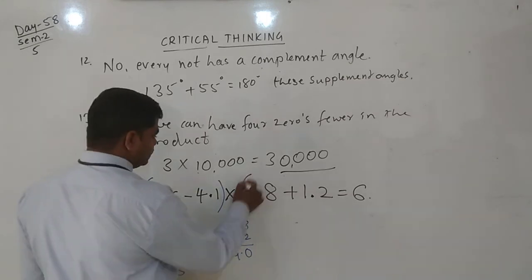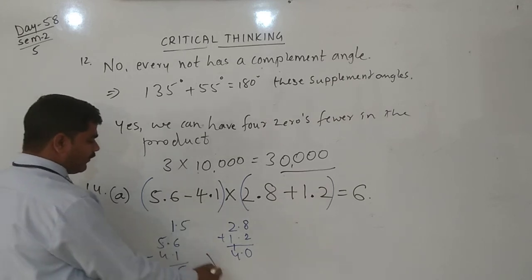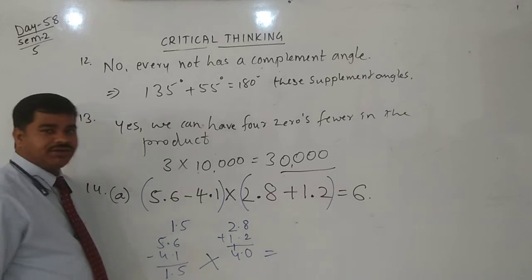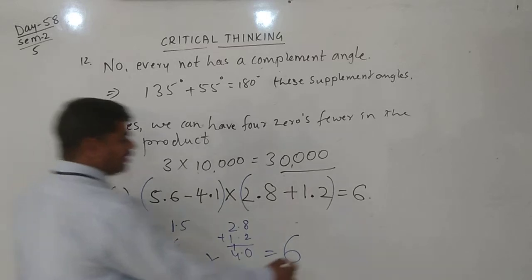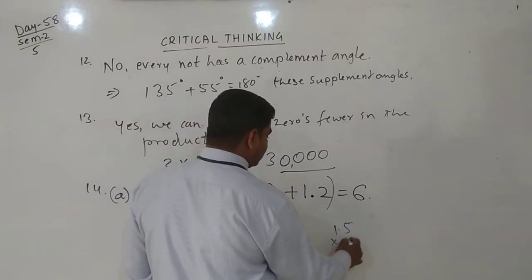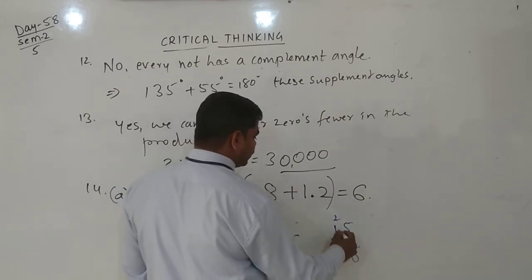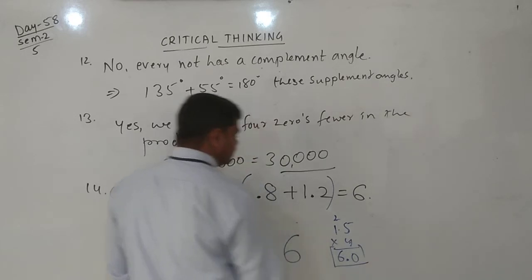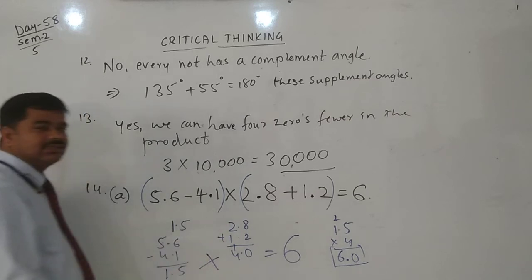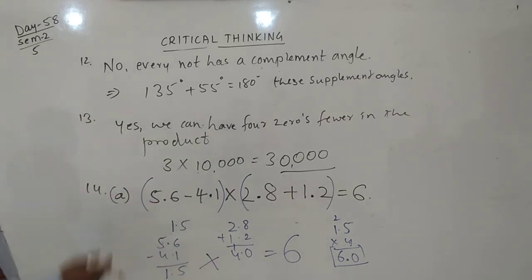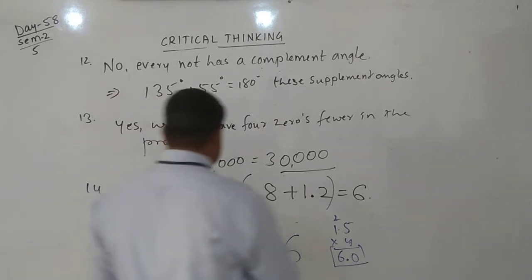Here the bracket: this is the sum and this is the difference. You multiply 1.5 into 4, you can get 6. 4 fives are 20, and 4 ones are 4 plus 2 is 6. Only one decimal. The sum is 6. Then one bracket in the middle, into the side. This is correct. Yes, write this much. Next,